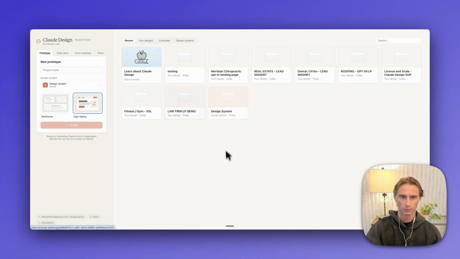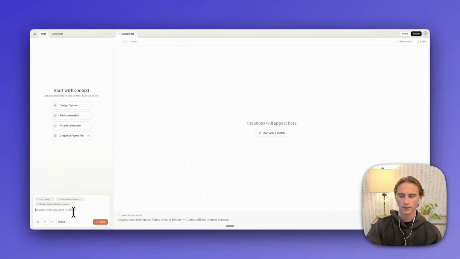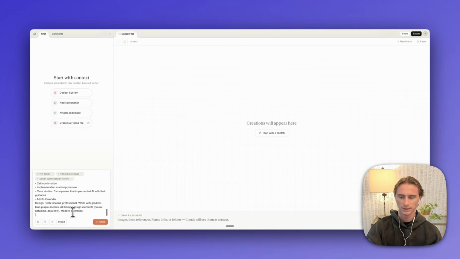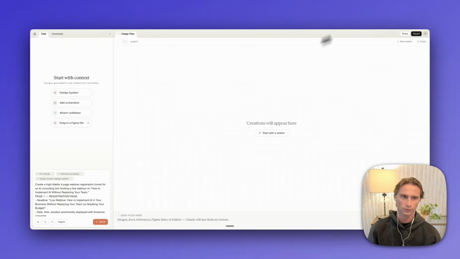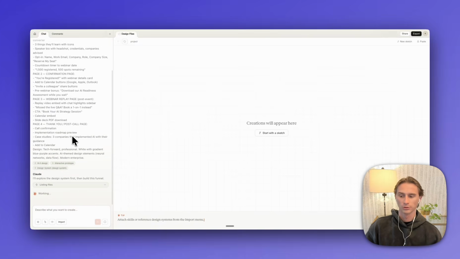So if now I go back to Claude and then I write like AI test webinar, so that would be the name of the prototype that I'm going to create. And then I click on create. And here the only thing I need to do is I just need to paste in the prompt from that document. I click send, and now it's going to build the whole webinar landing page for me, which is crazy